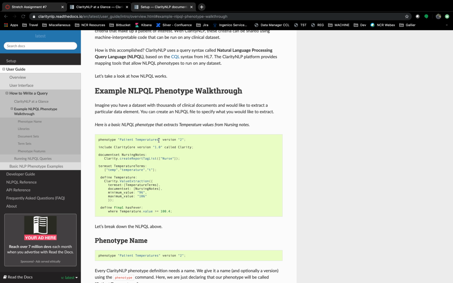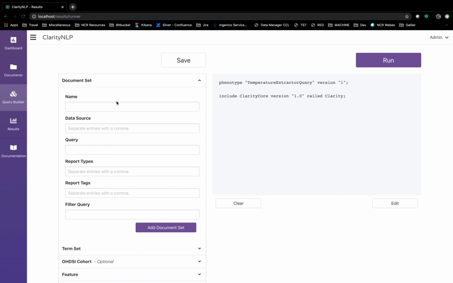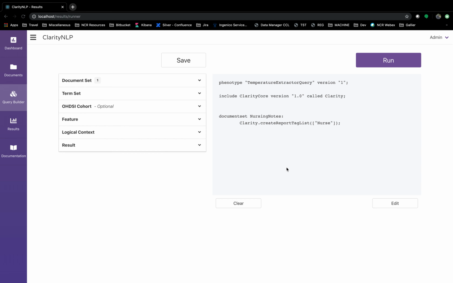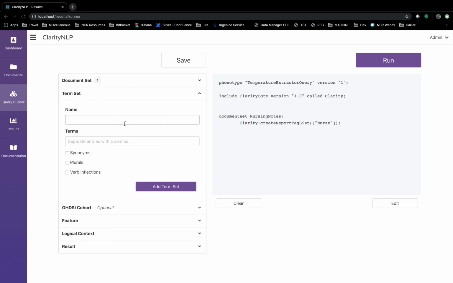Let's just take a picture of this so that we can see. I'm going to call this nursing notes. Nurse report tag is going to be nurse. Add that document set, and then you have that document set added here. It's going to create a report tag list, and it's going to pull all the comments from the nursing notes stock data set. And then we're going to add some term sets where we pull in the temperature